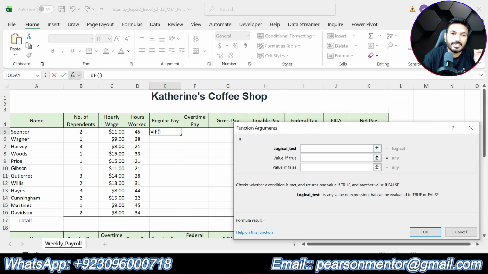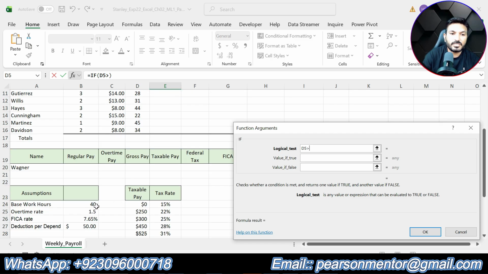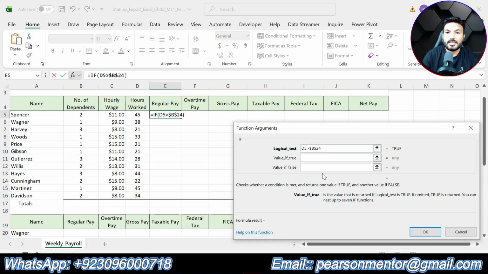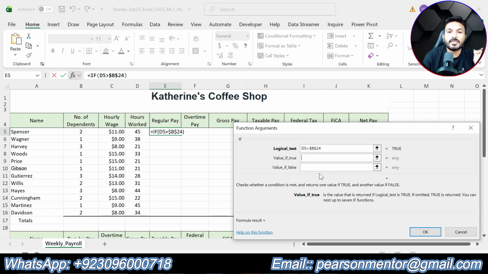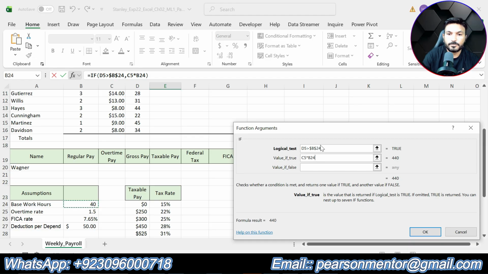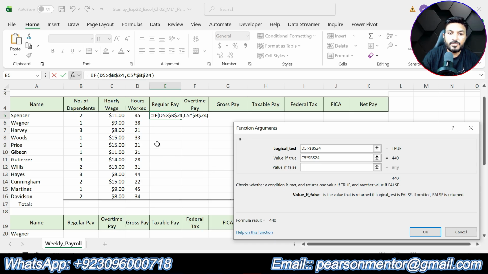So our logical test is if D5 is greater than the base hours given in cell B24, but we will make sure that B24 is an absolute cell reference. If this is true, Spencer's regular pay will be the hourly wage given in cell C5 multiplied by B24. Otherwise, it will be equal to hourly wage multiplied by